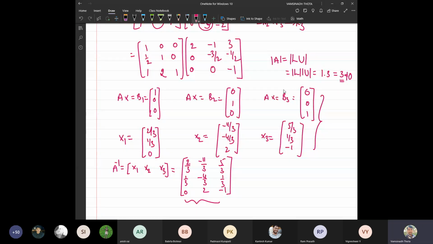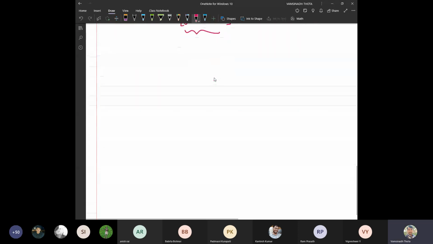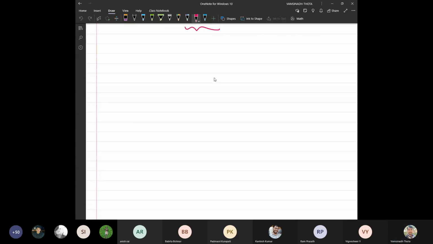Which basically means that you can find out the inverse. Okay, so this is also an application. This can also be given as an application of LU factorization. Now we are going to see another concept. In this, the concept is again the same. The main theme is the same. What is the theme? We are going to find the solution for a system of linear equations, but with another method.